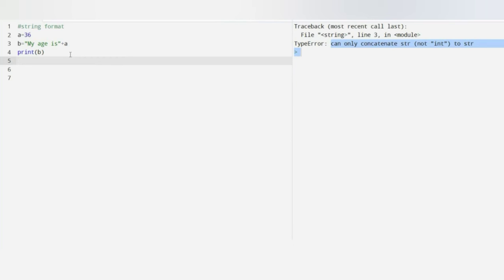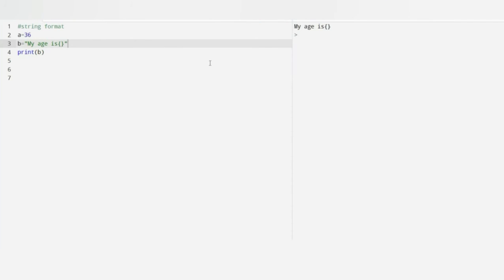Actually, the format method takes the passed arguments and places them in the string where the placeholders are. I remove the plus symbol and instead put a placeholder.